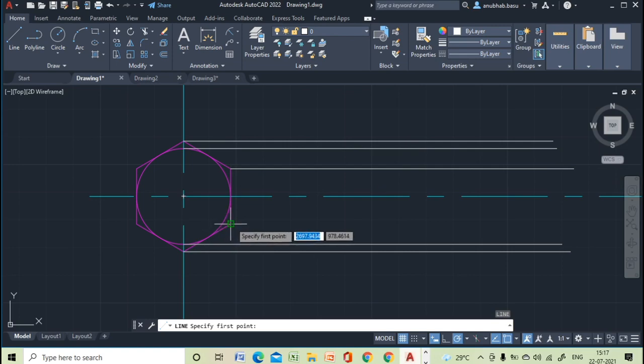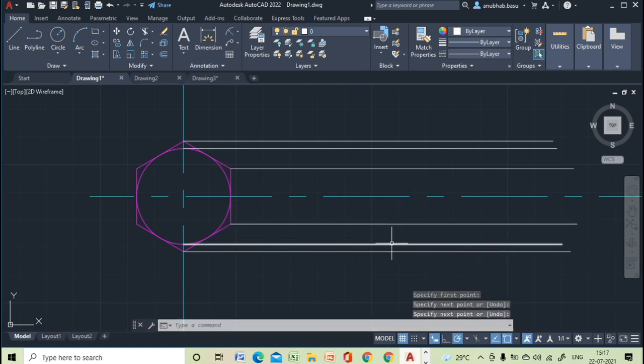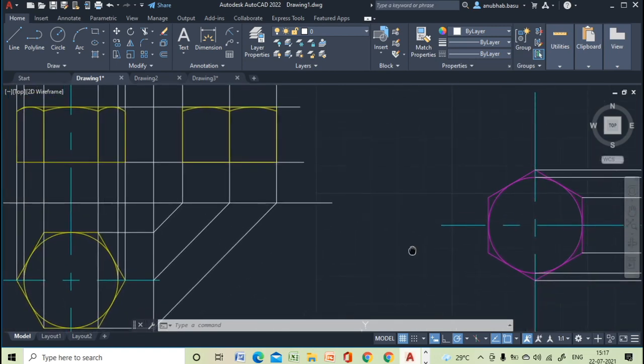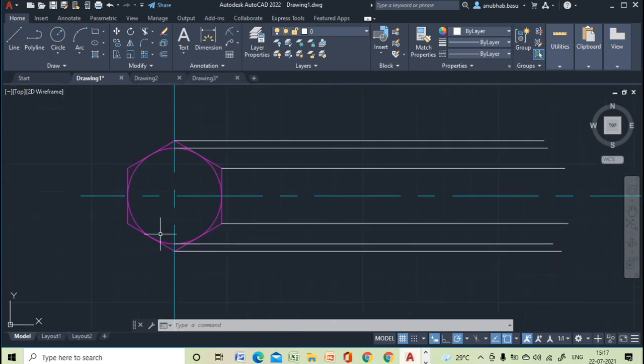Okay, and using the same method we will draw the head of the bolt. The calculation of the head of the bolt is the same as the calculation of the nut. So the same thing we will draw over here.